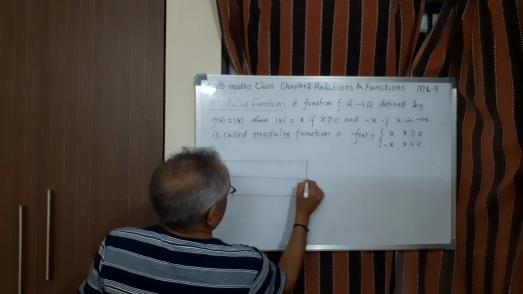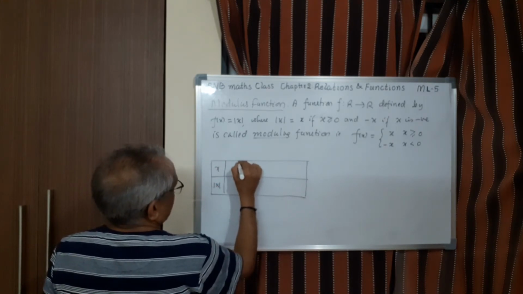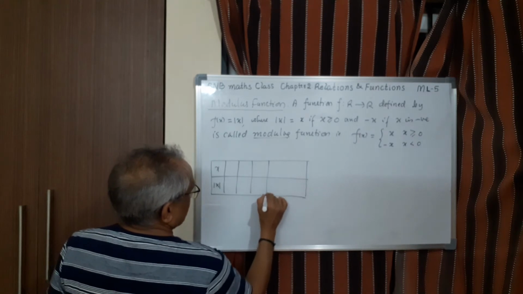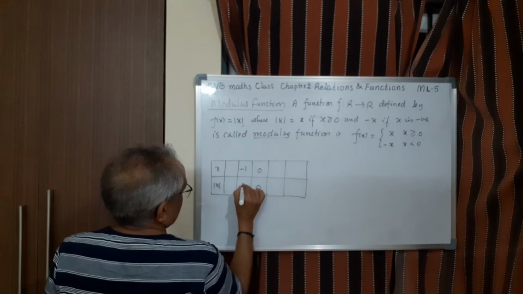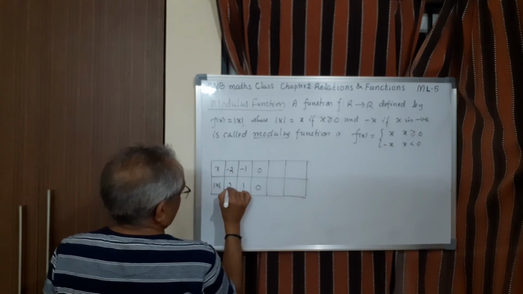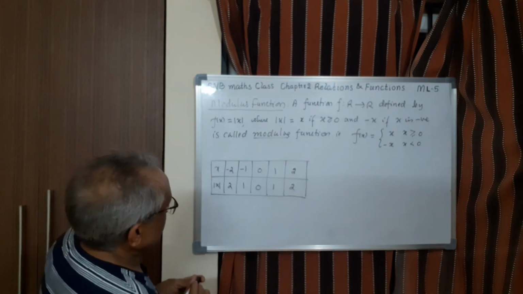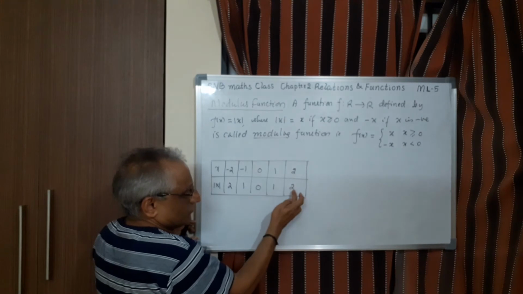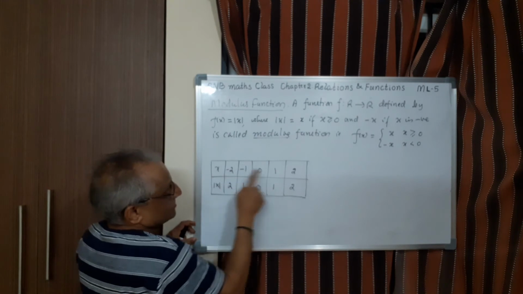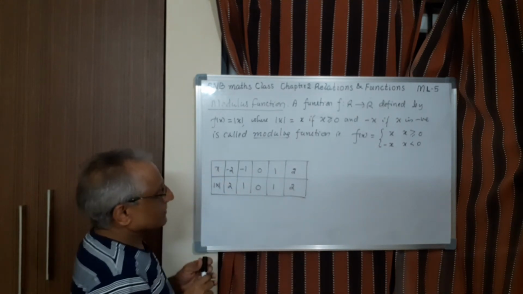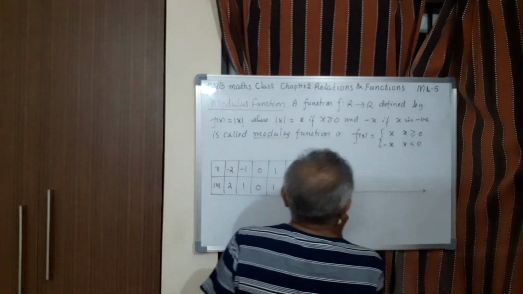So here this is mod x. I will take a few values, say 5 values. Let me take x as 0, definitely 0; minus 1 becomes 1, minus 2 also becomes 2, 1 becomes 1, 2 becomes 2, because the definition says if you take 1 positive it is 1 only, 2 positive it is 2 only; minus of minus 1, using this one, is 1; minus of minus 2 is 2. Now we have to draw this graph. So let us draw the graph and see how it looks.